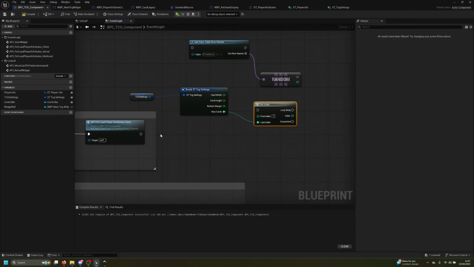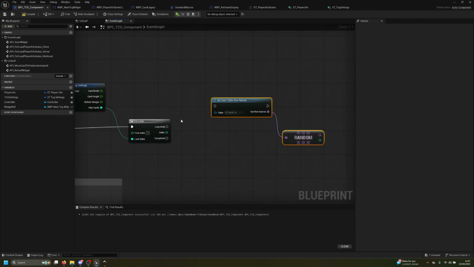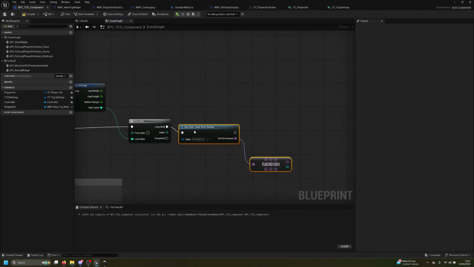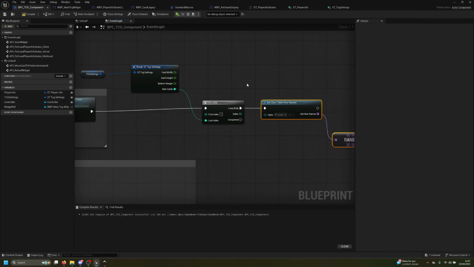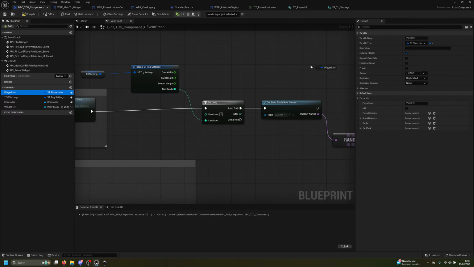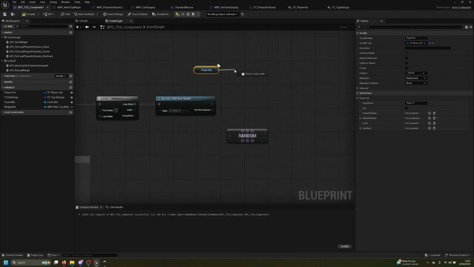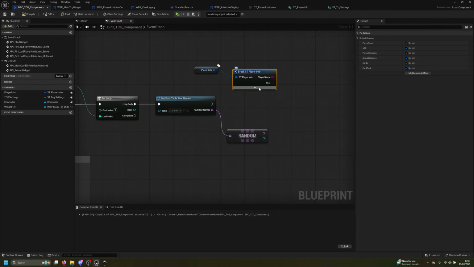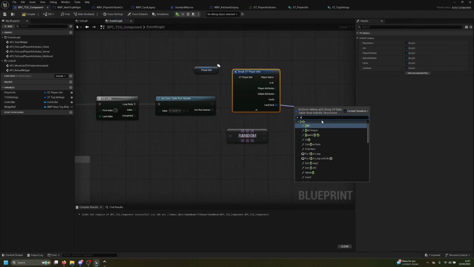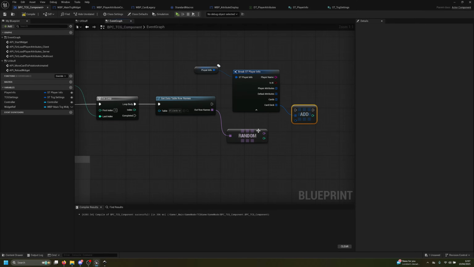Now the next thing we're gonna plug in is here. So every time it loops, I want to get a random card. In this case, I want to get a random information from the data table. And I want to break this. And I want to go back to the deck. And I want to add a value. And this value here,